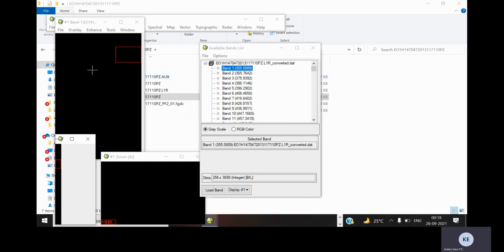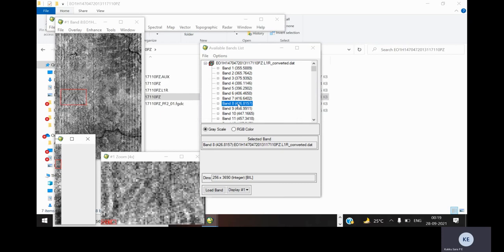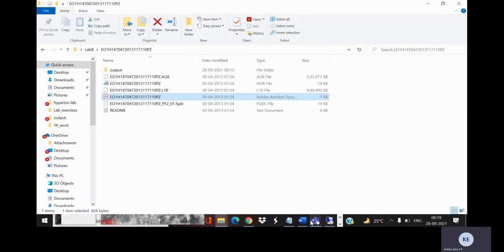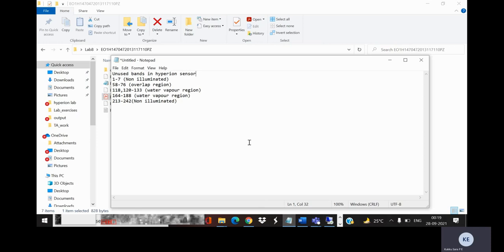So you can see that band 1 is not having any data. Similarly band 2 also, and 3, band 7 is also not having data, band 8 is having data, band 9 is having data. So similarly, you have to open and see all the bands, whether they have data or not. So here I have already opened all the data sets and I have noted which are not having